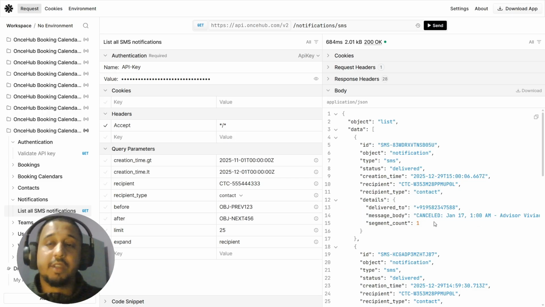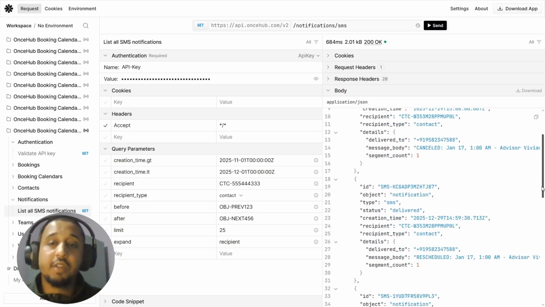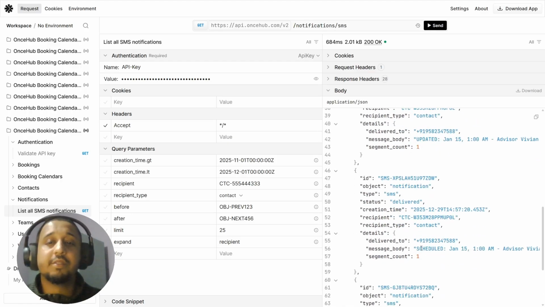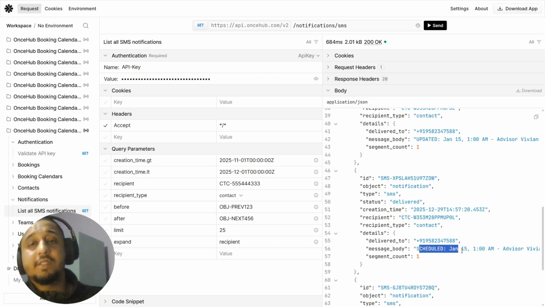That is, this is a cancellation notification. This is a reschedule notification. There is a notification for a reassignment and update to the meeting, and also a schedule, like a booking confirmation notification there. So this is how you can get a very comprehensive list of all the SMSs that have been